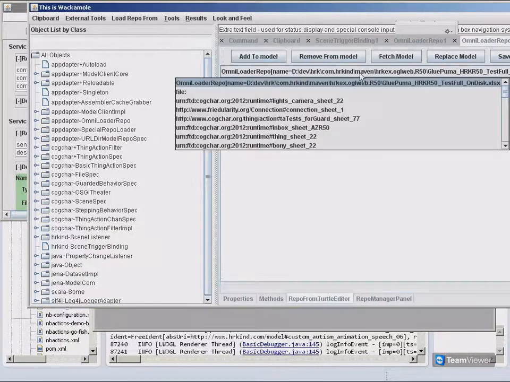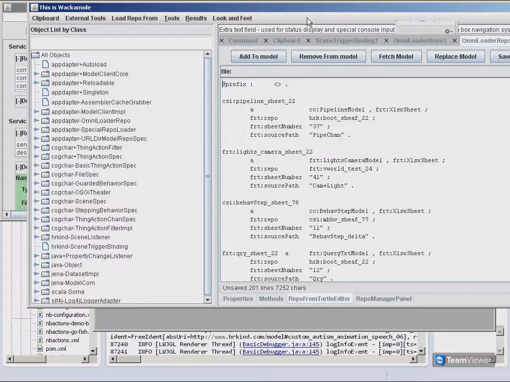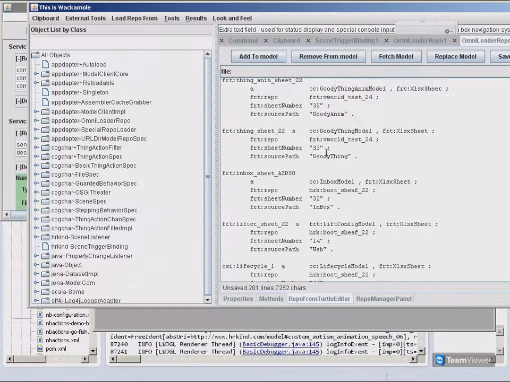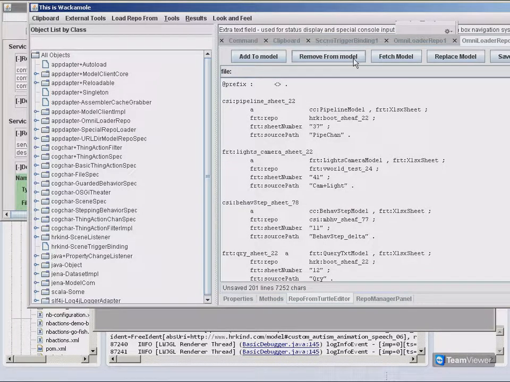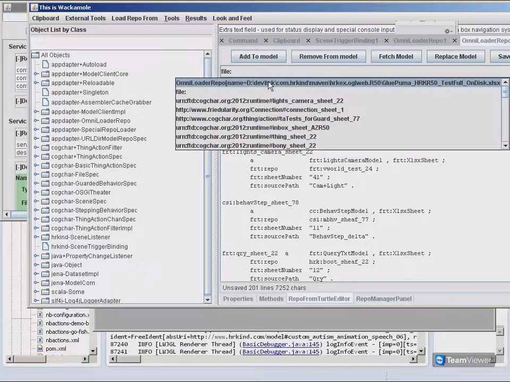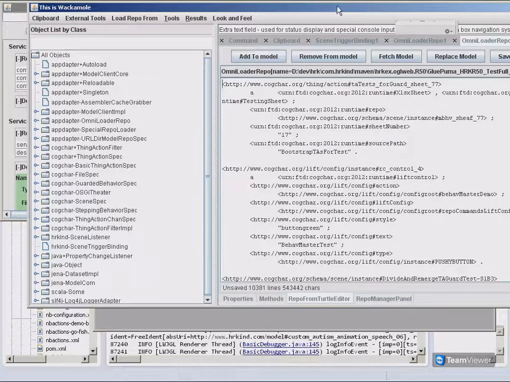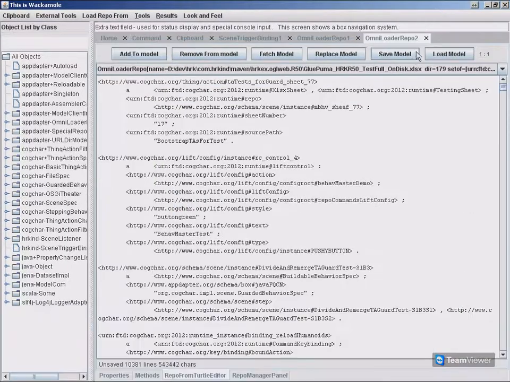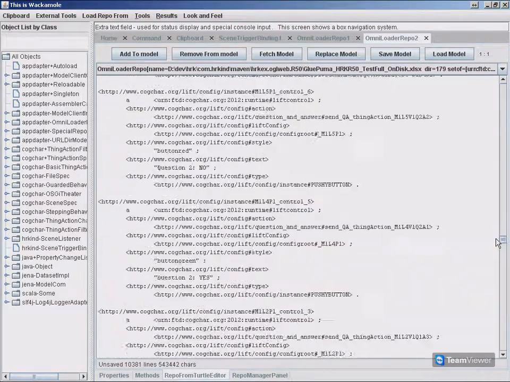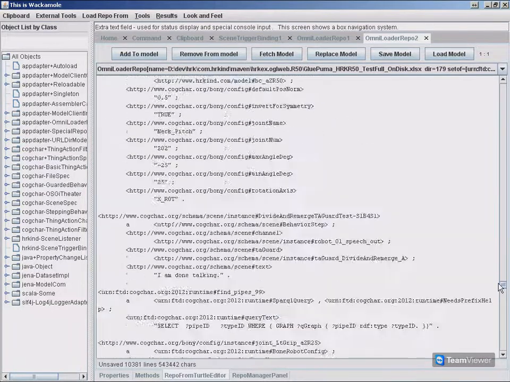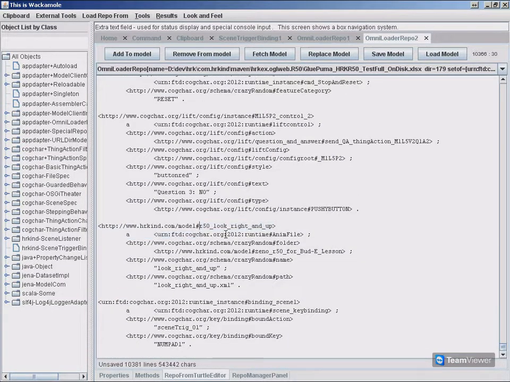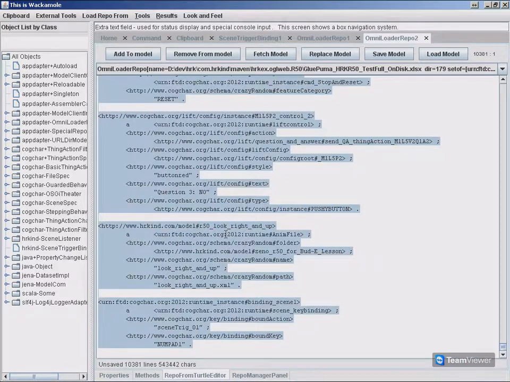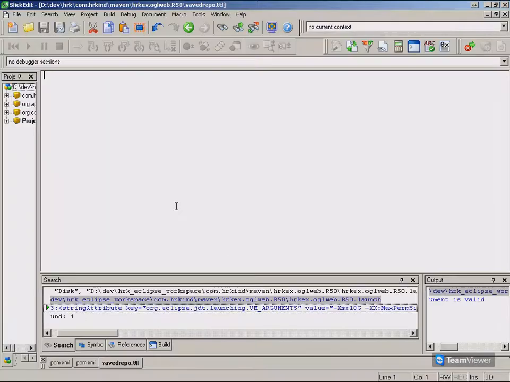What we really have to do is take a look at our directory model sheet we loaded. Is this our testful on disk? Okay, so the drag is working. So the important stuff here: this is the entire repo written out to a namespace qualified text file. I am going to press Control A to select everything, Control C to copy the whole thing, and we're going to paste it into